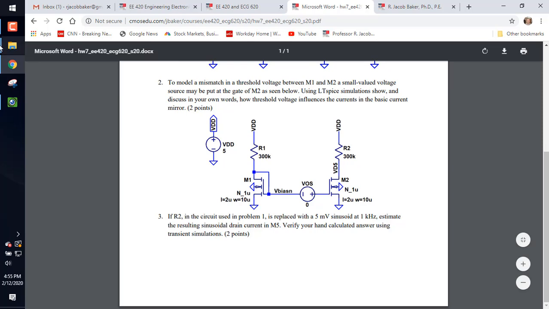So one is threshold voltage mismatch. And that is,